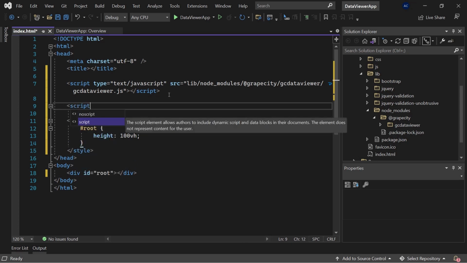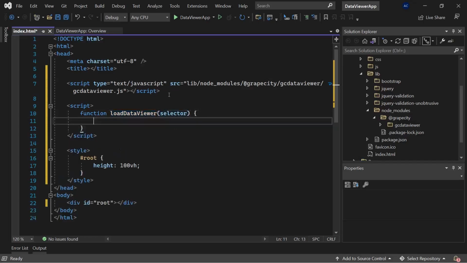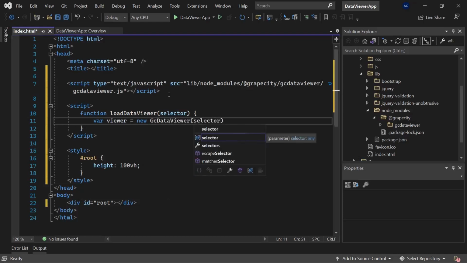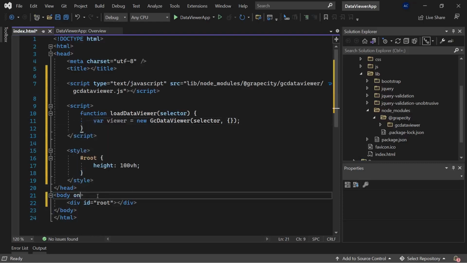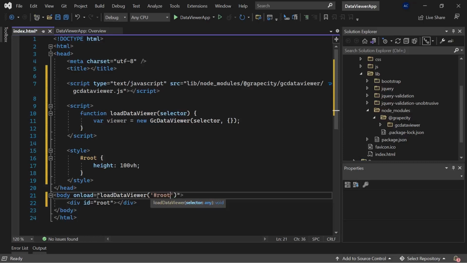We created a function to load the Data Viewer component on page load. Save the changes.